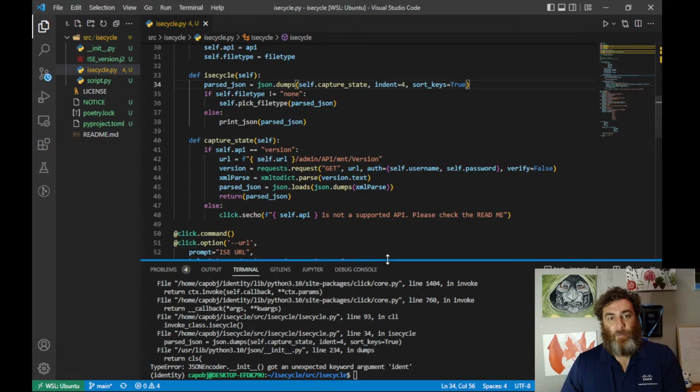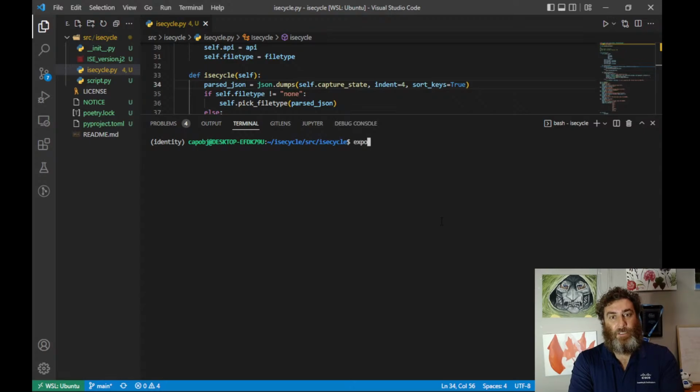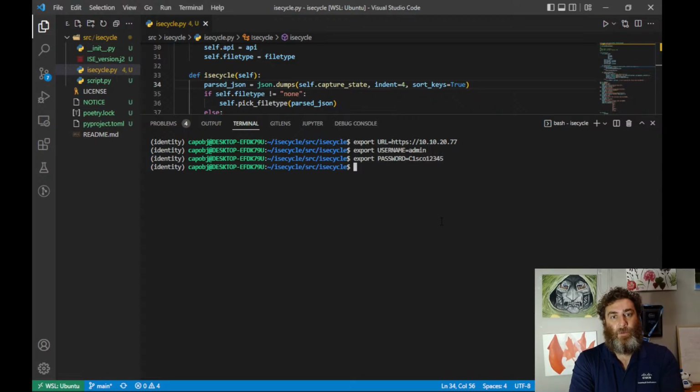Okay, so let's set up our environment variables. We're going to clear the screen, and we're going to say export URL equals, export username equals admin, export password equals, and then